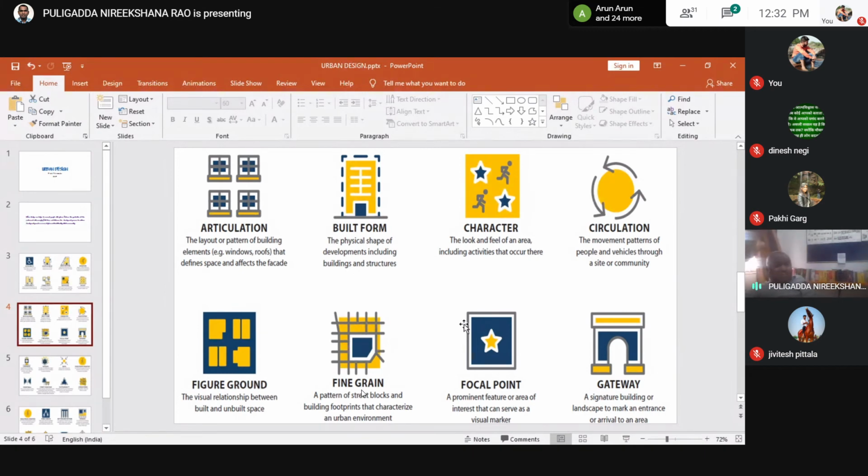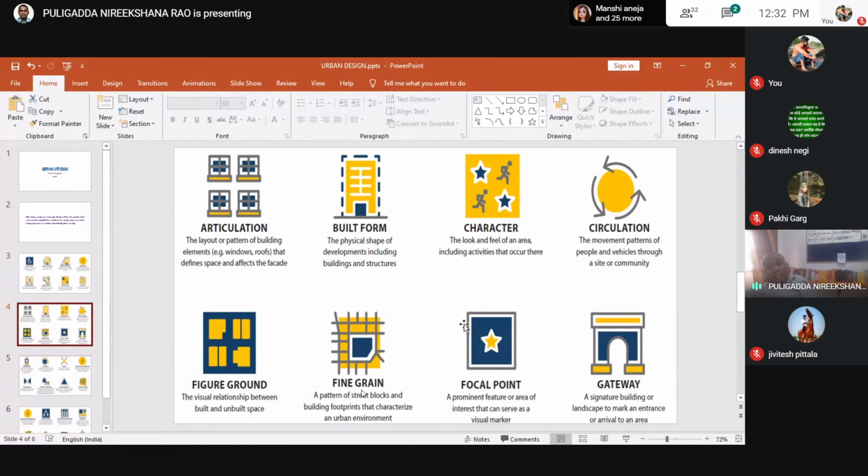So you can create a focal point within the neighborhood also. So in Delhi, in Edwin Lutyens' design, you cannot place just any focal point, and within a very short distance India Gate is a focal point. Another India Gate is coming up in Greater Noida. It is not India Gate, it is Connaught Place. In Greater Noida they are going to design one more Connaught Place there. The same control C, control V.